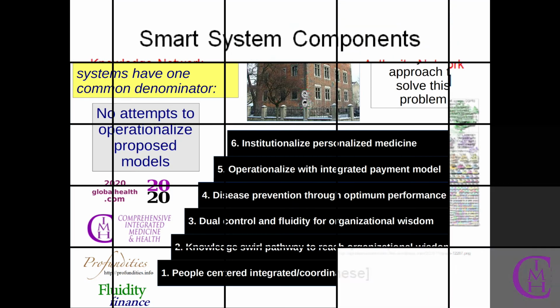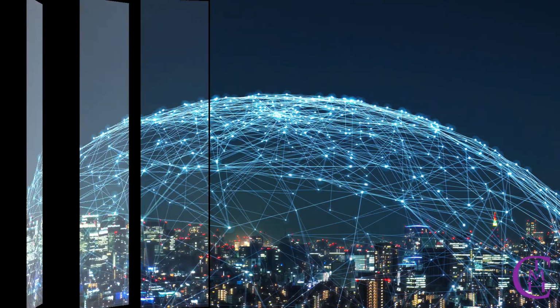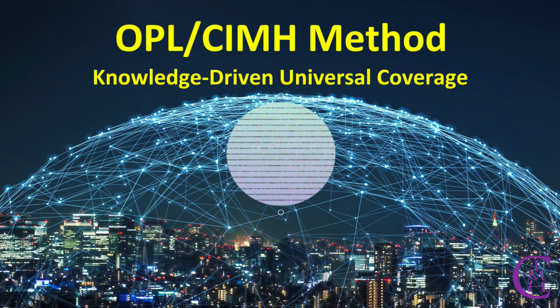Once again, as we look at these two areas, smart systems, including smart networks and authoritative networks, really in terms of intelligence and expertise, that's in a network form, and others are in the form of organizations. So we can see this method is a means of providing knowledge-driven universal coverage to achieve optimum